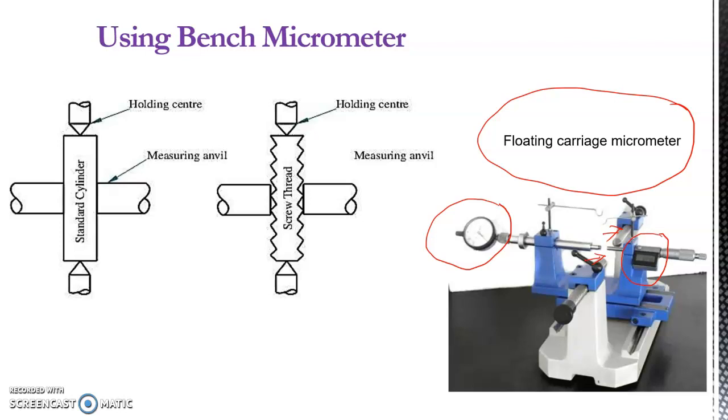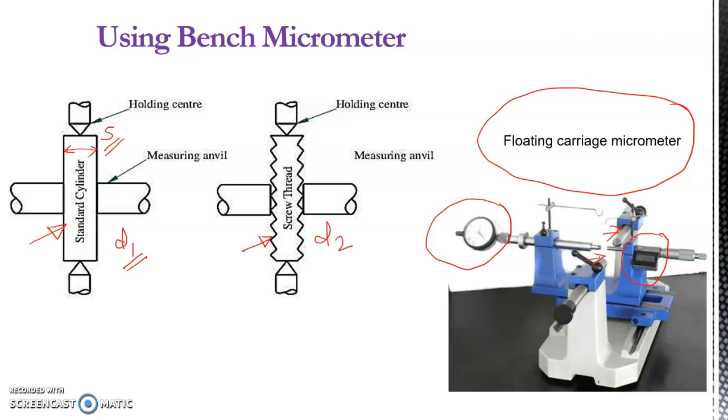And in measurement, we are also using a standard cylinder first. The dimension of the standard cylinder is near to the diameter of the thread to be measured. The nominal diameter of the cylinder will be S. That will be a standardized, accurately maintained dimension S. And if it is measured using our bench micrometer or floating carriage micrometer, it will be recorded as D1. Then we are replacing the cylinder with our thread, and that is measured and recorded as D2.